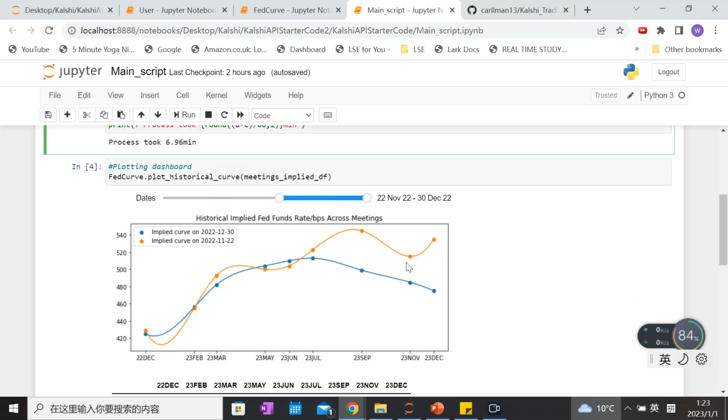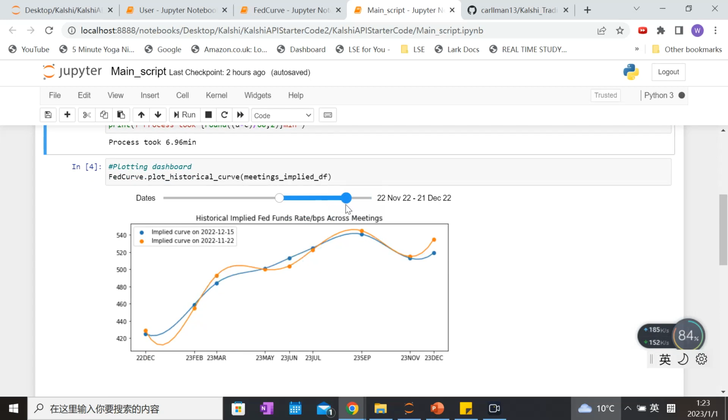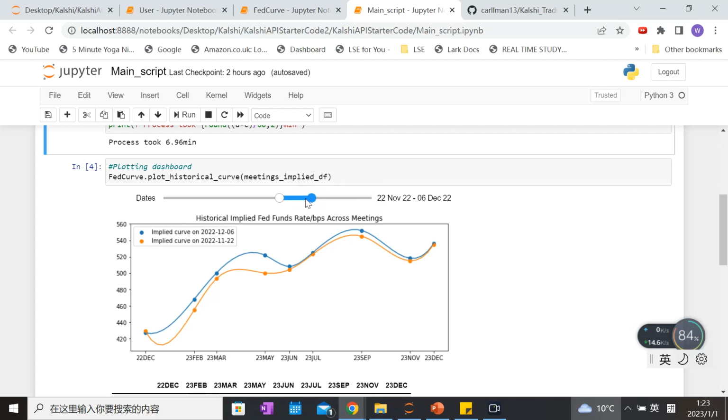Some interpretation, for example, you see that for the blue curve, we have some weird kink throughout. Usually that's because, for example, the June 23 kink hasn't really moved across different dates. I think that is due to a lack of liquidity. There's not really much change in prices in yes bid and yes ask on the strong contract over many days,